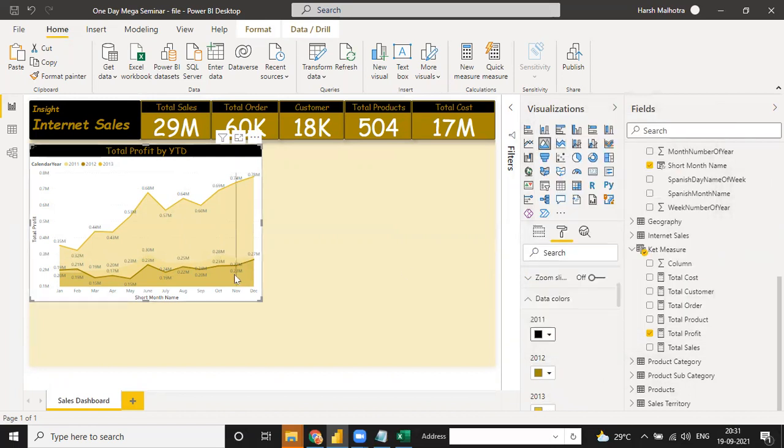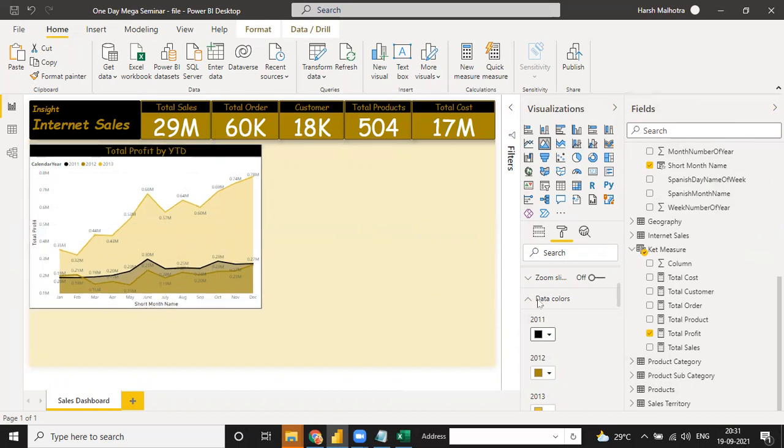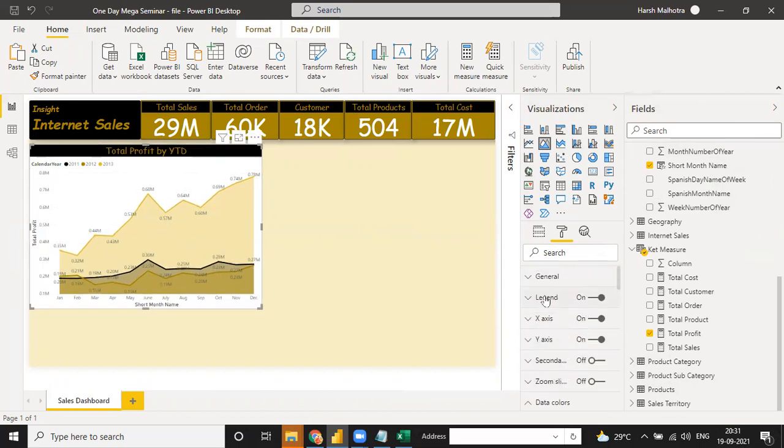You can use black. Okay, so your complete data, total profit by year. Also you can change the legend. If you don't want the x-axis, you can change the formatting from here. Like in the journal tab, you have an x-axis position as well as x-axis name, like total profit, short term, month name. Suppose this one is the x-axis, so you can write it down on the x-axis.